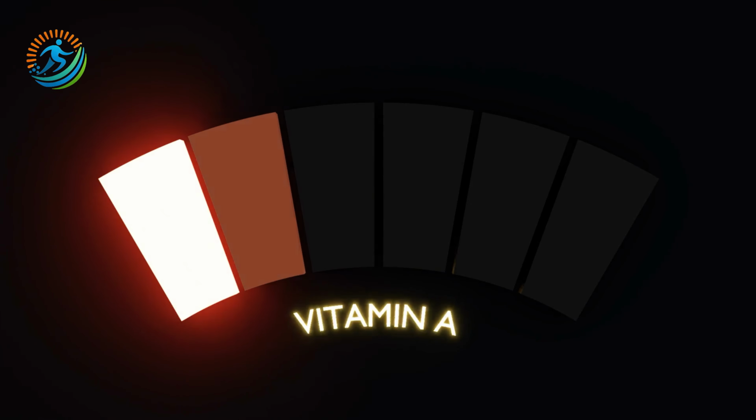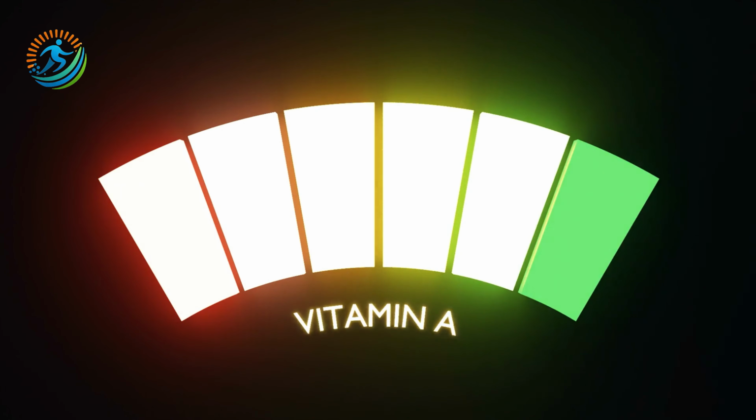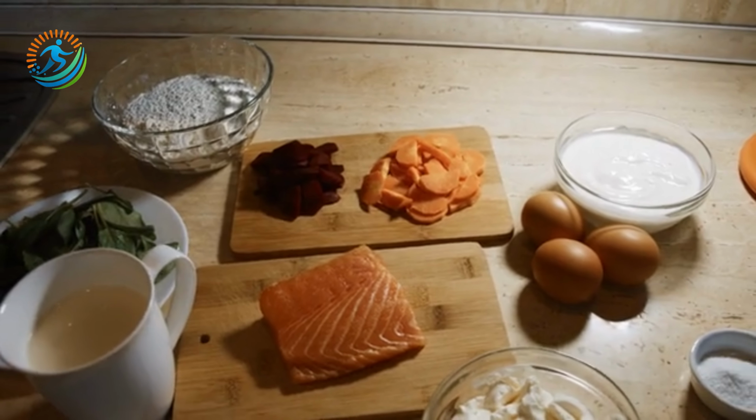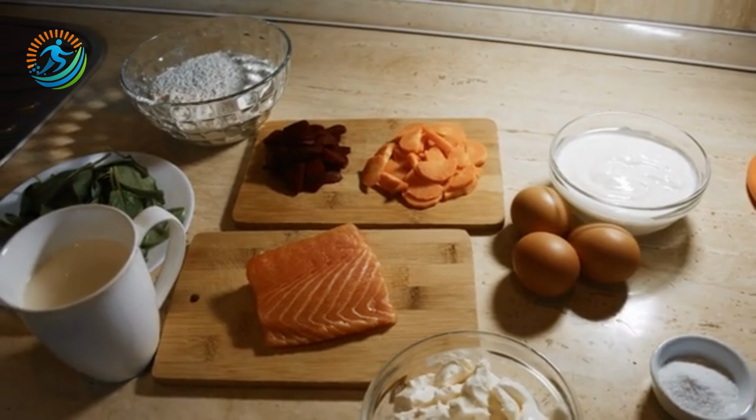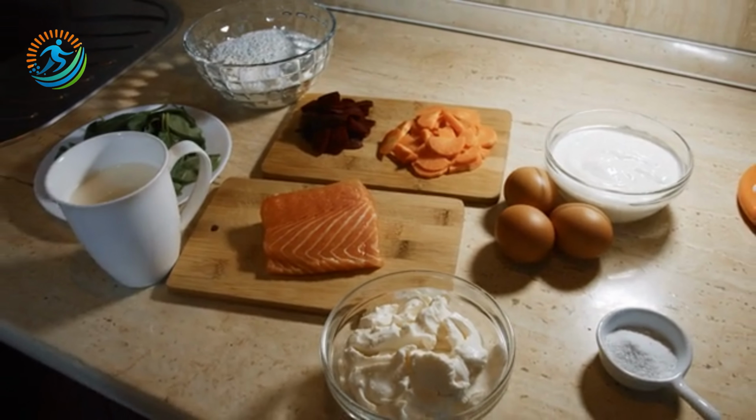Today, we're breaking down exactly why vitamin D deficiency becomes more common in winter, how much you actually need, the best foods to get it from, and whether supplements are truly necessary or if you might be taking too much